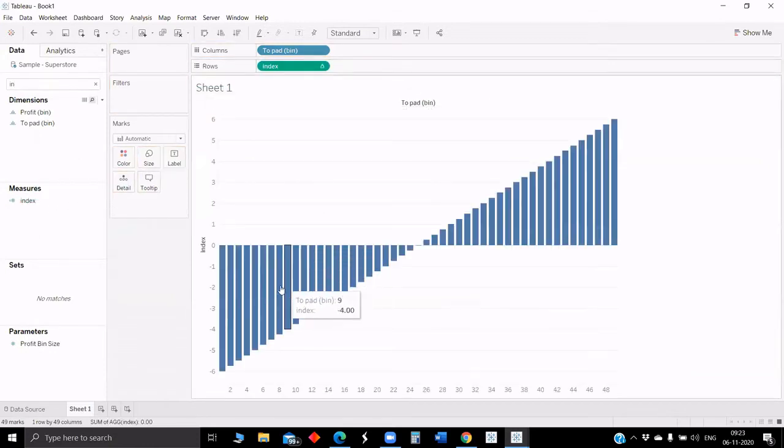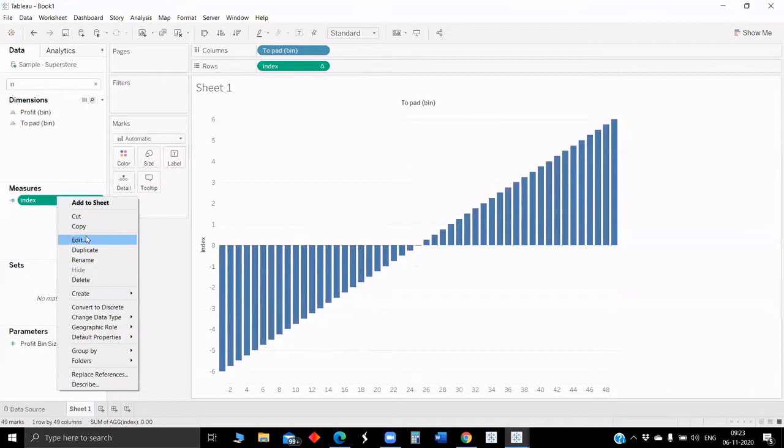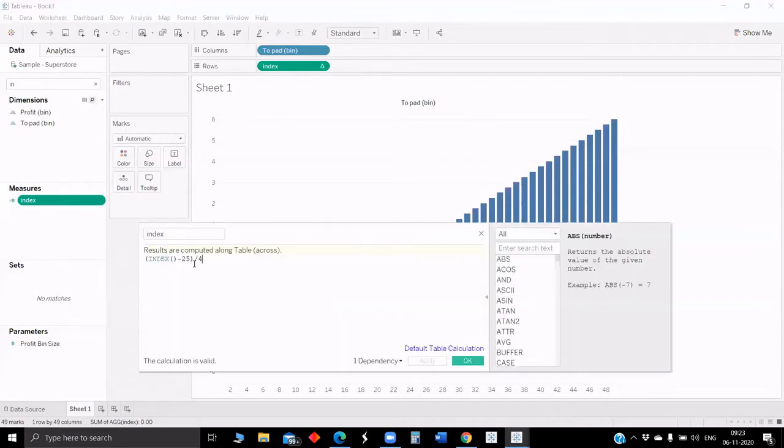Now I think you can understand a little more deeply. This 1 to 49 whichever we have made uses the first calculated field with the order date condition. If you see the index for each row, it will be 1 till 49, but we want to compress it between -6 to +6. That's why we are writing this field: index minus 25 divided by 4. The index value ranges from 1 till 49 based on the condition we wrote, but we are trying to bring it into the range of -6 to +6.